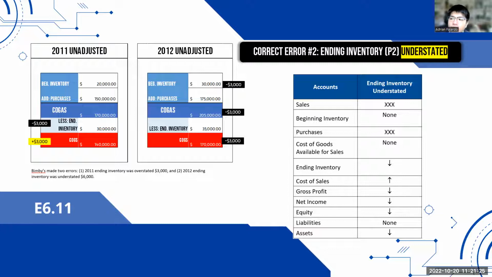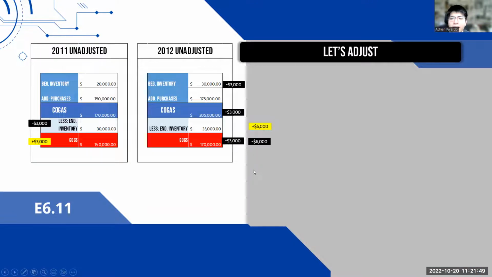Now, error number 2, ending inventory is understated in period 2. So, since wala namang period na 2013, the period 1 effect will just be understated sa ending inventory mo, so we have to add 6,000. And overstated si cost of goods sold mo, so we have to subtract 6,000. So basically, ganun lang. And now we just